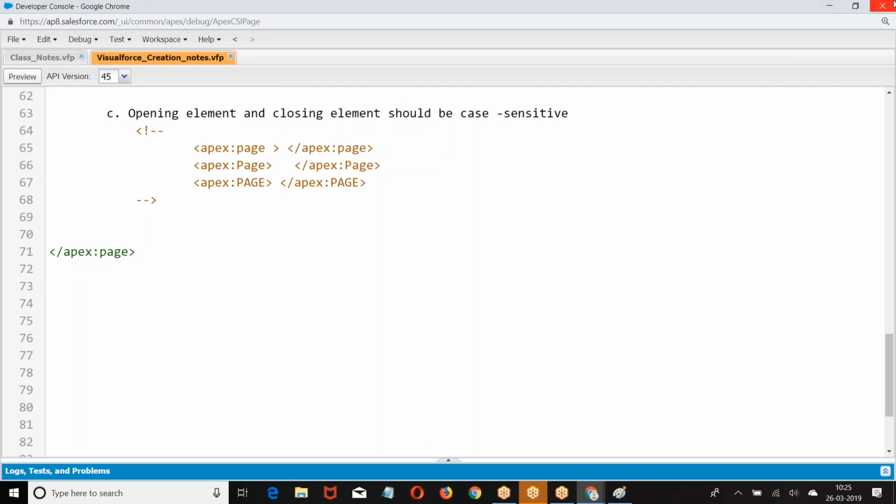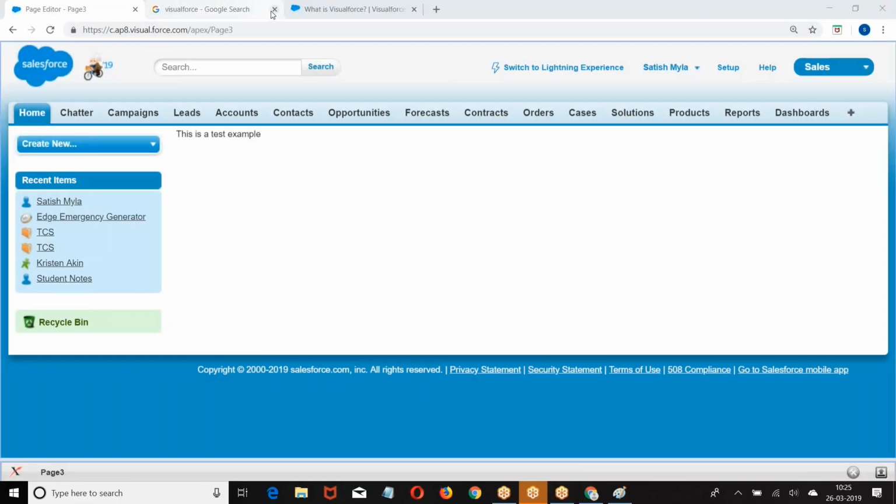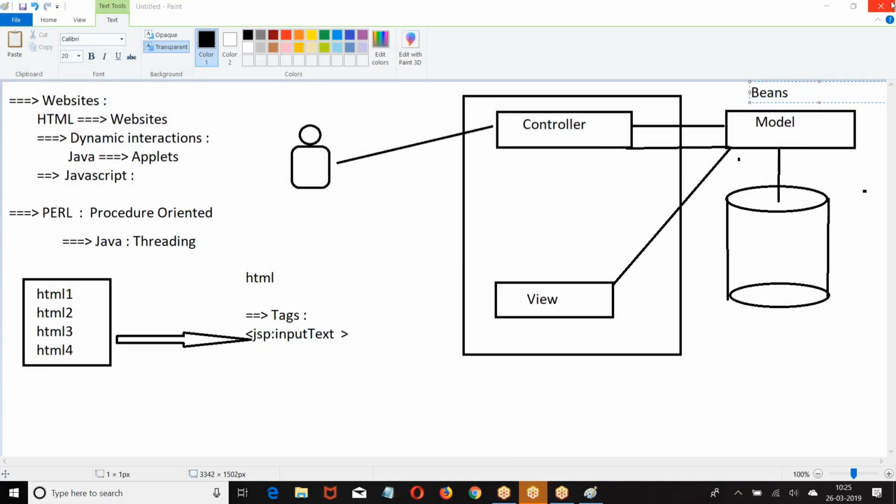Online, go ahead. What is your query, Amma? Hi Satish, you said this is the 45th version of API. Yeah. So what is the